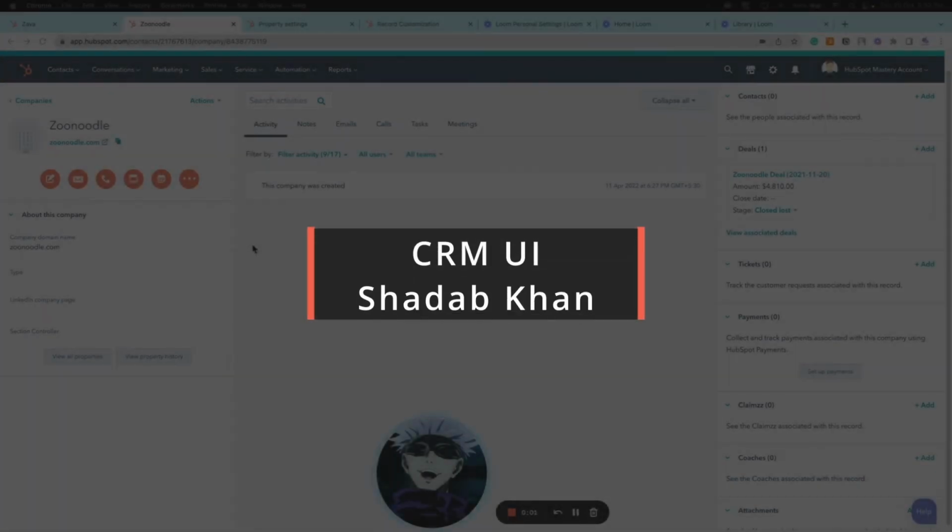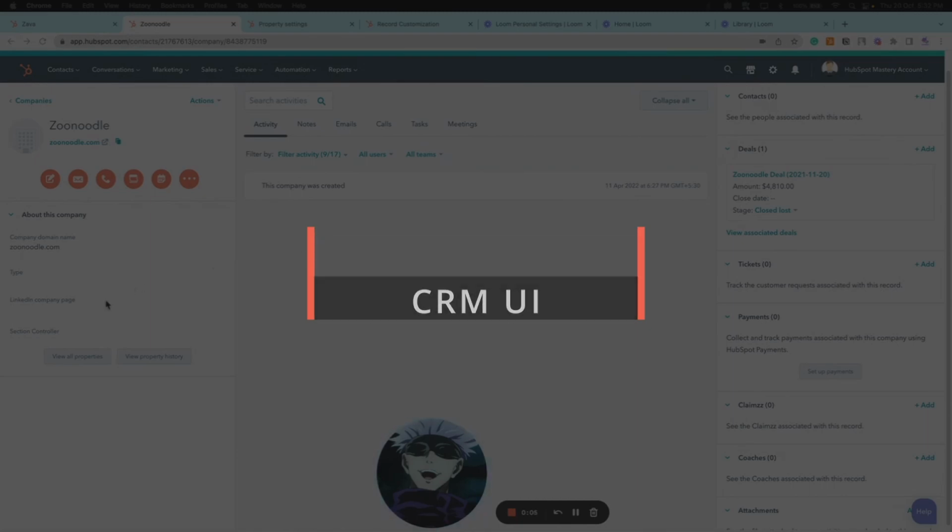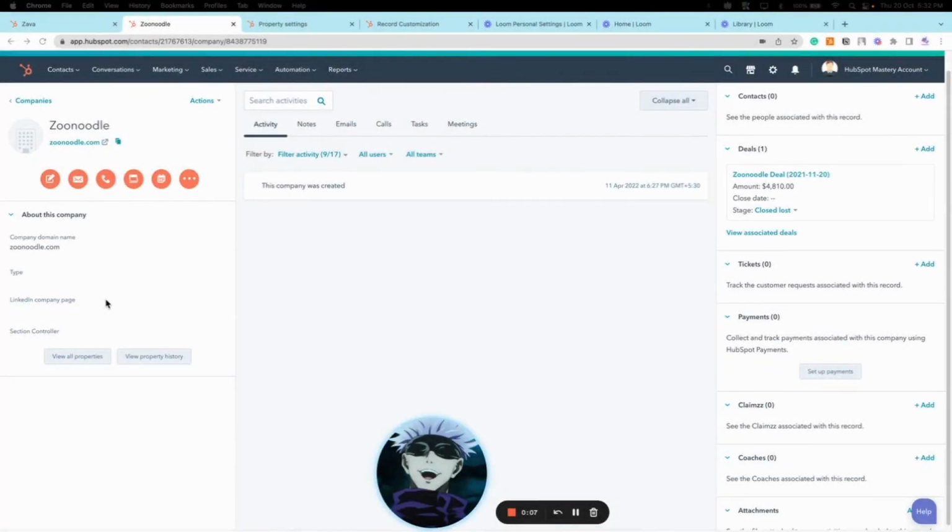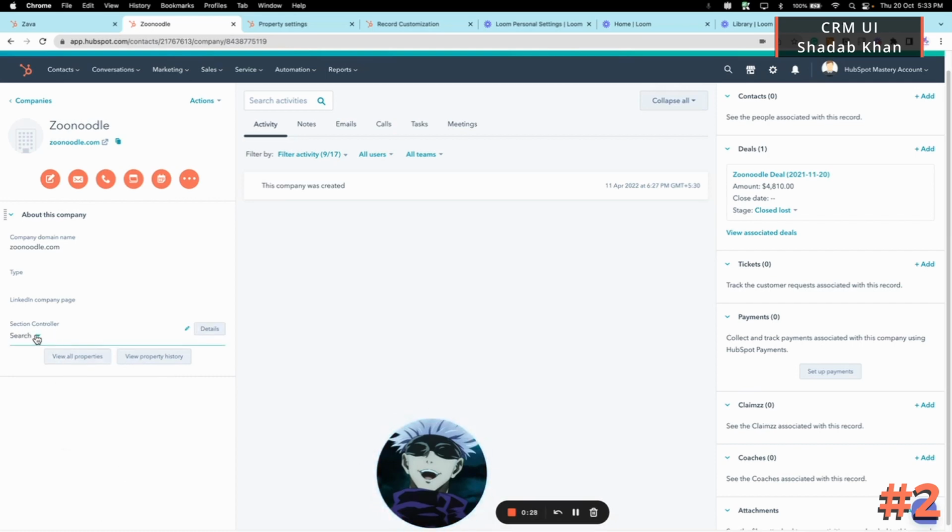Hey team, so let's talk about CRM user experience for the end users, i.e. our revenue teams. So basically, I've seen a lot of instances where this left side section is totally abused and full of properties and a bunch of different sections that are not needed and not used. So the solution is, if you have Enterprise Sales Hub or Service Hub, then you can leverage the conditional section and